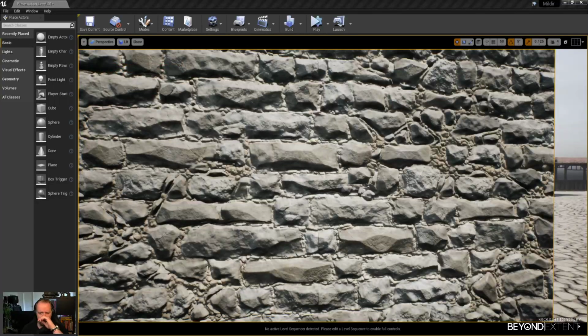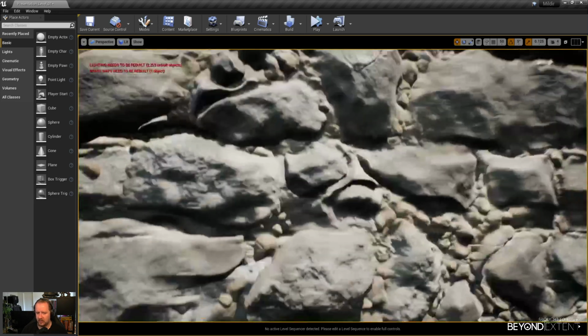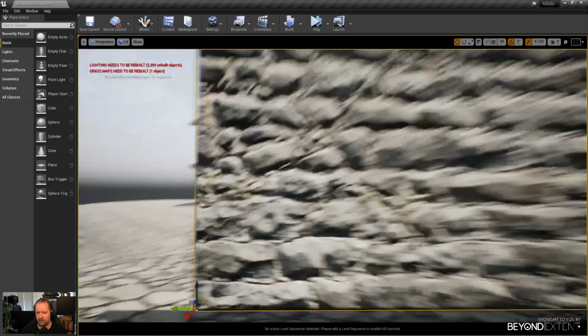Did you sculpt the wall material? Yes, I did. Wait, hold on, what am I saying? I think the first iteration that I did was sculpted. I think the straight wall is sculpted, and then the more broken up wall is Substance Designer.